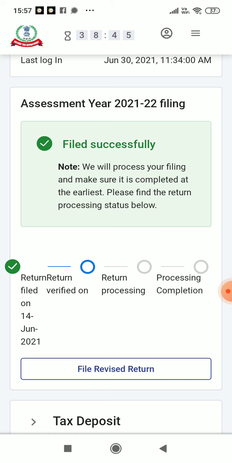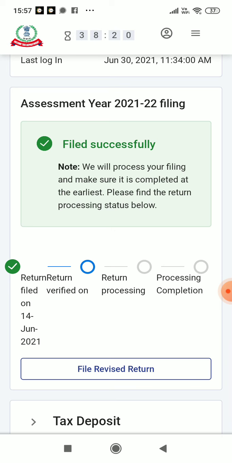If you are going to do this online e-filing from 10 a.m. to 7 p.m., you have to wait and be patient. Otherwise, do it at 5 or 6 o'clock in the early morning, or at midnight after 11 or 12, when the web portal is free. In the daytime it will be very busy and you have to wait patiently.